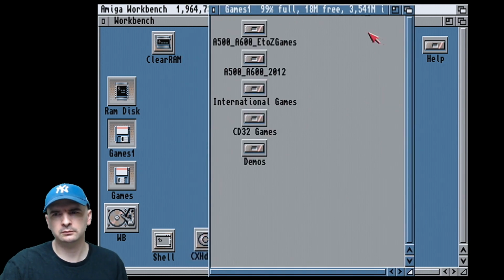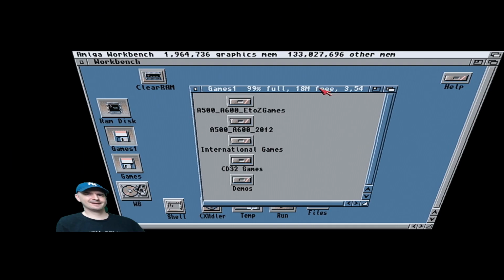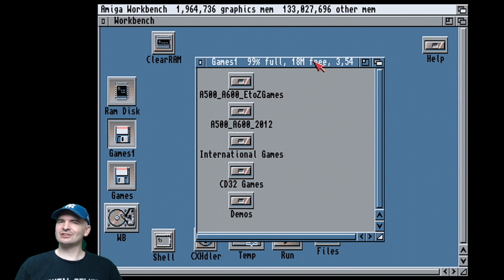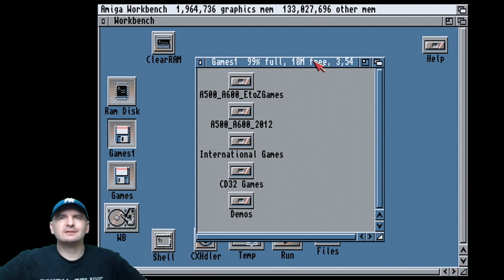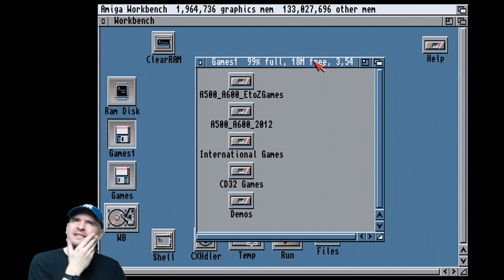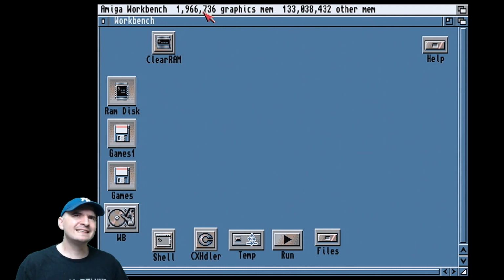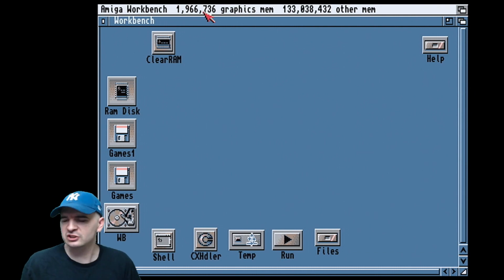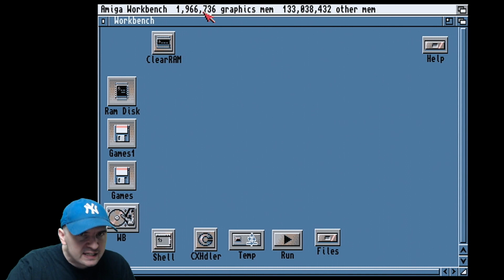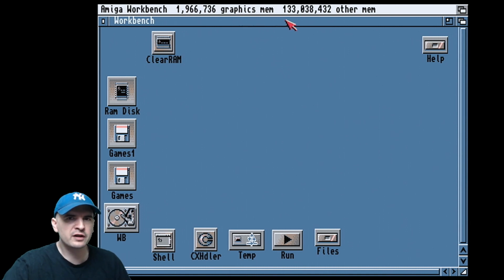I don't know. That looks... Do you know what? To me, has that worked? I think that's worked, hasn't it? 18 million free. Right, I have to admit, I didn't take any before and after screenshots. I forgot all about that. But I think this has worked, because now it says